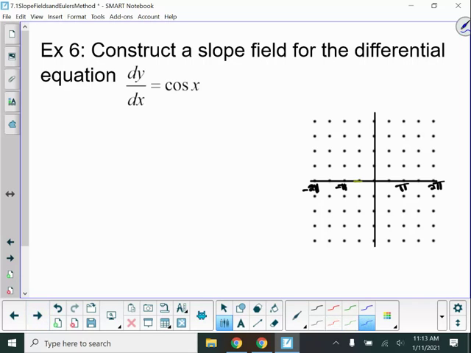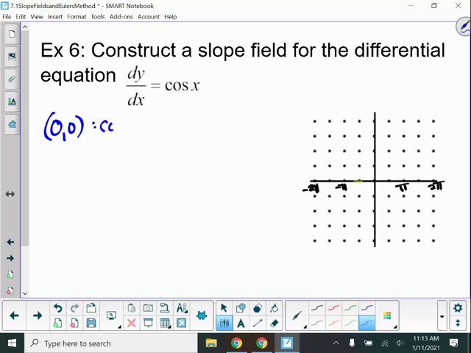To construct the slope field, you're going to plug in different ordered pairs, and you're going to sketch out what the slope would be. Now notice this differential equation is only cosine of x, which means the y does not matter. In many of these cases, you will actually have to know the y and the x value to go through each of these. Notice I have my dots set up the same way that I did for the previous question. So for example, if I look when x is 0 and y is 0,